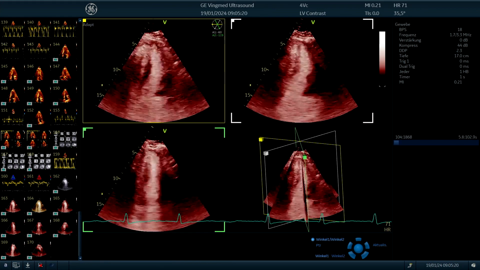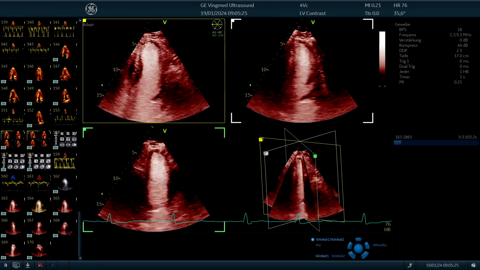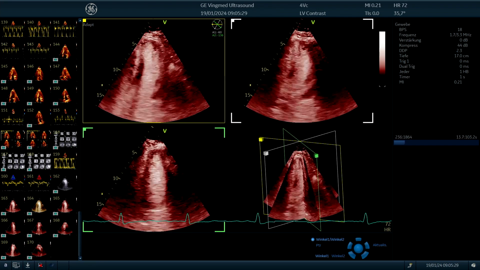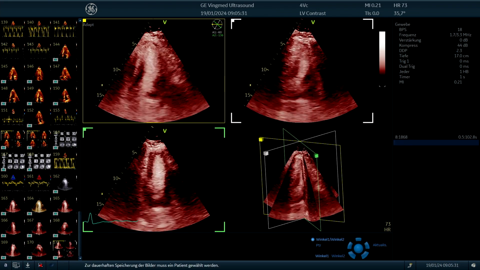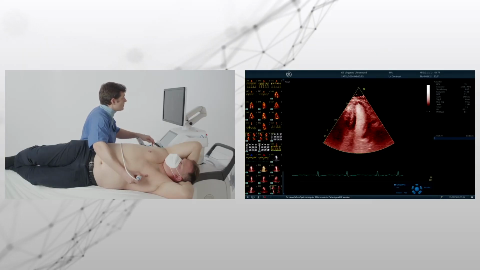So still we would have to adjust the angulation a little bit, and that's just then playing around so that you have it optimally. But in this case, I'm not too unhappy with what I see, so we can take it. And one more thing I want to show you in these high-end machines is you can use even 3D,